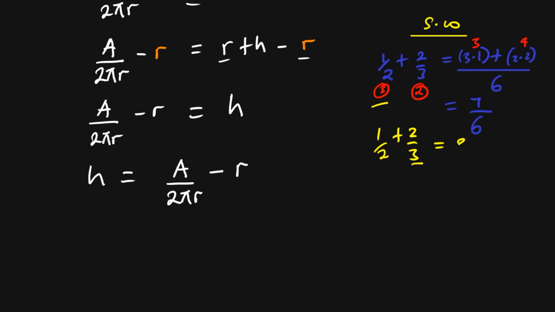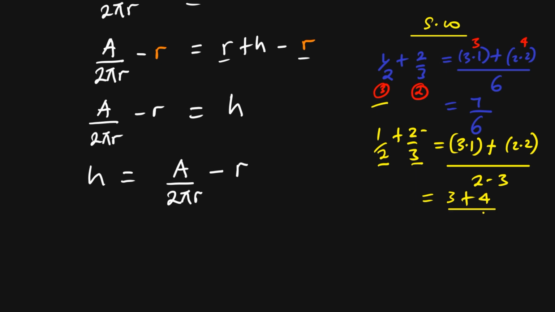So this becomes 3 times 1 plus 2 times 2, all over the product of the denominators, 2 times 3. So this will become 3 times 1 is the same as 3, plus 2 times 2 same as 4, all over 2 times 3, which is the same as 6. And this will equal